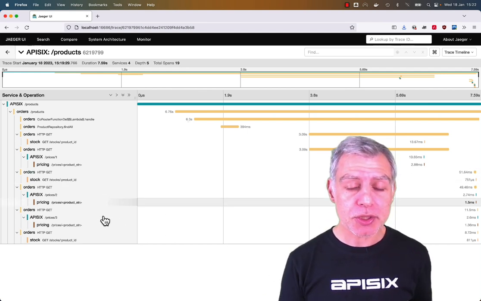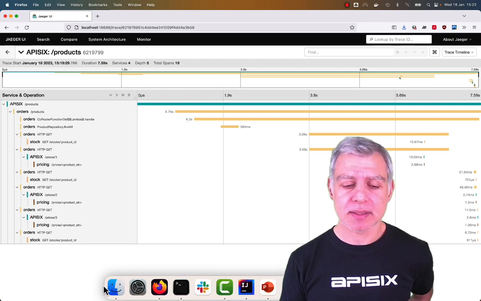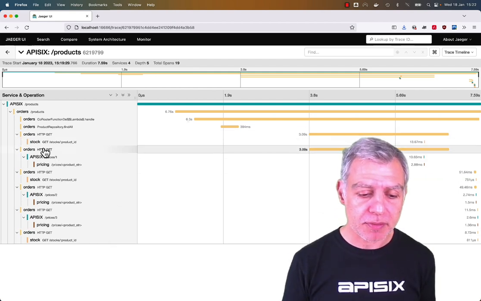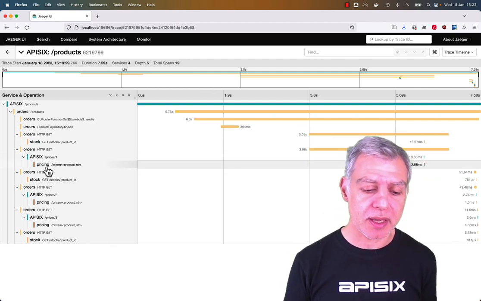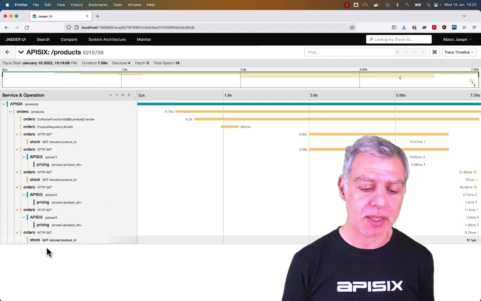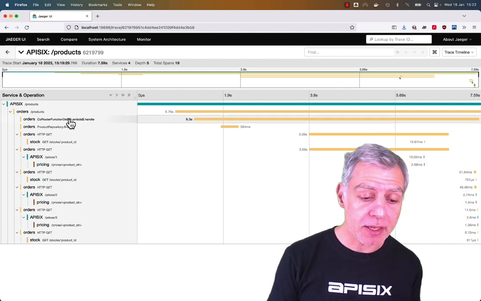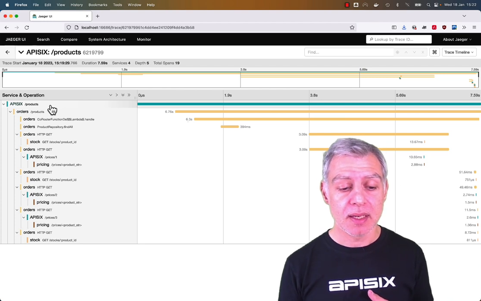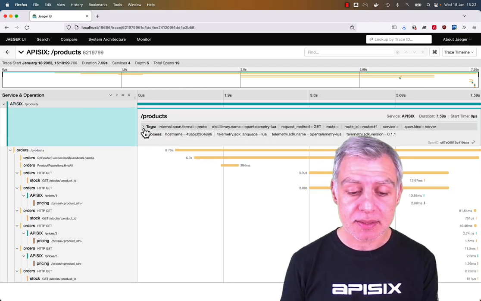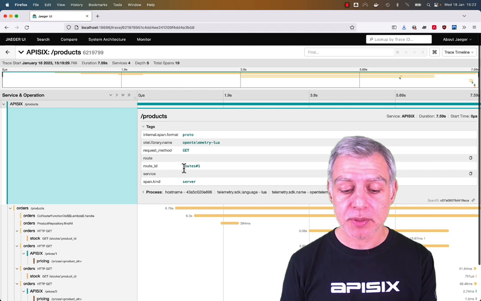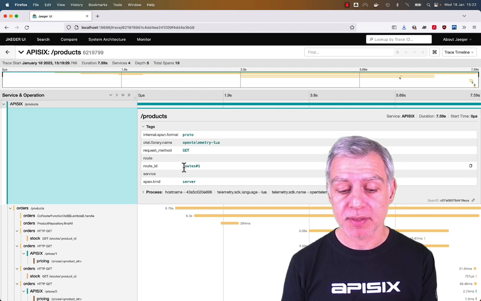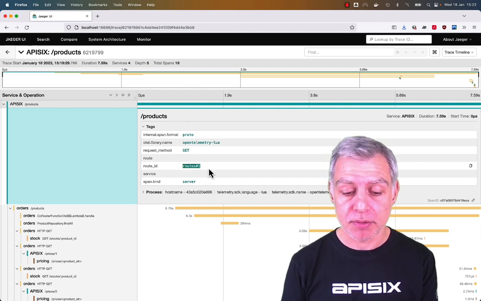And then, as I mentioned, it's not good to do that, but here, for each of them, I go to the stock and the pricing, stock and pricing, stock and pricing. And we can check, for example, that on Apache API 6, I actually have the additional stuff that I sent. So basically the routes and the get.